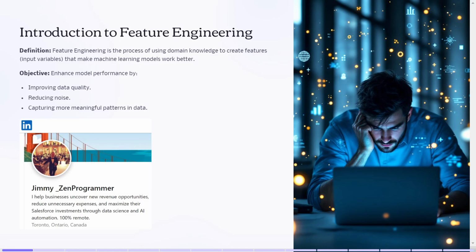Today, we'll dive into feature engineering, a vital process in machine learning and data science. Simply put, it's the art of transforming raw data into features that can help our models make better predictions. This involves tasks like cleaning data, creating new features, and selecting the most important ones. By the end of this presentation, you'll see how effective feature engineering can turn a mediocre model into a powerful